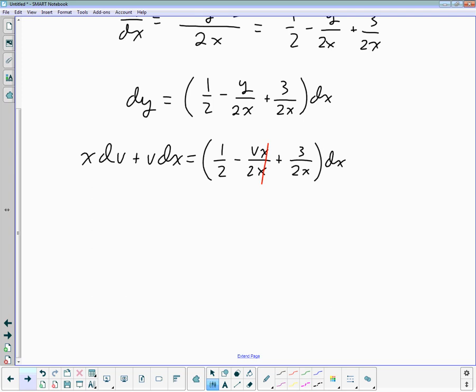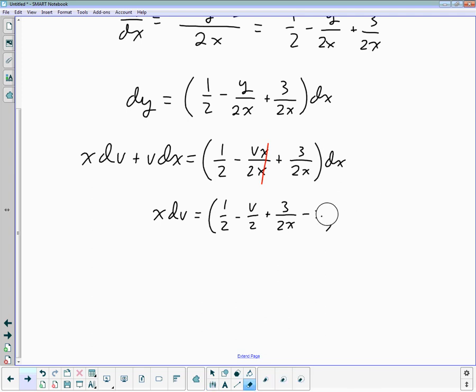So here we go and do x, oops, excuse me. So we have x dv is equal to 1/2 minus v over 2 plus 3 all over 2x minus x dx. Oh, sorry, minus v. Okay. All right, so now we have